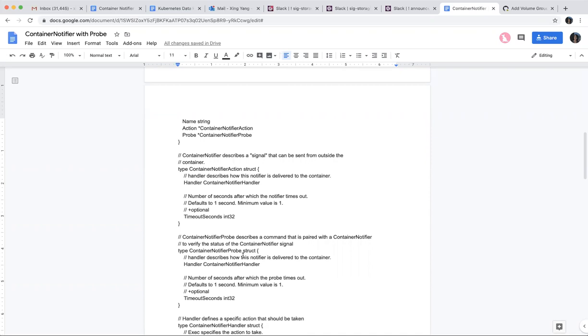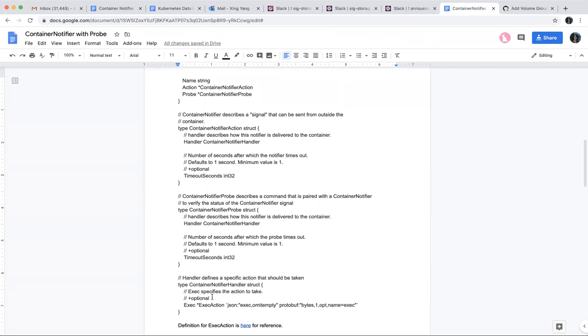What is the intent of the probe? So I basically just looked at how the current liveness probes, which are already implemented in kubelet, work. What that does is the same: it basically runs a command and then it comes back. It's just that this probe has a purpose, like the name suggests, it's probe checking.